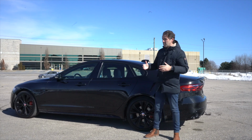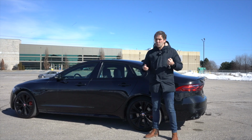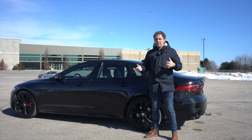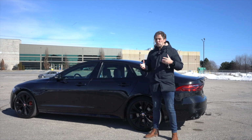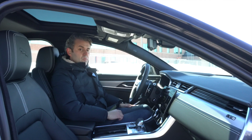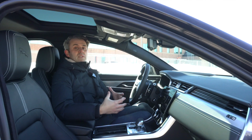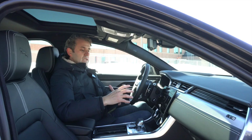The new headlights, in my opinion, really do a great job to bring out that elegance and some sort of aggressiveness of the design. But other than that, it doesn't look extremely different compared to the older generation. So let's talk about the next thing, which is actually the most important part about this new platform, the interior,